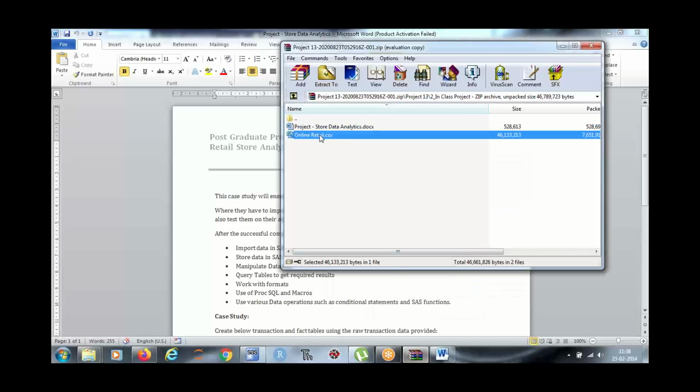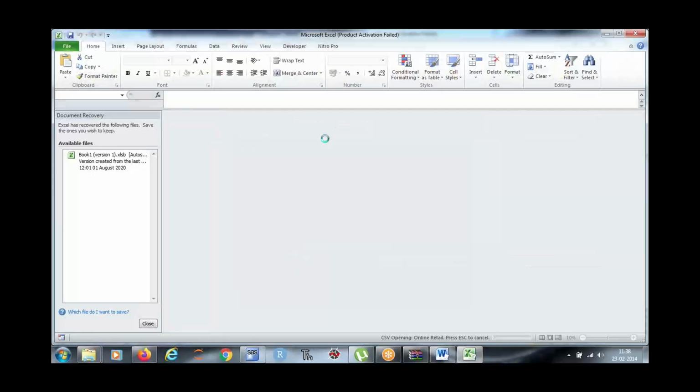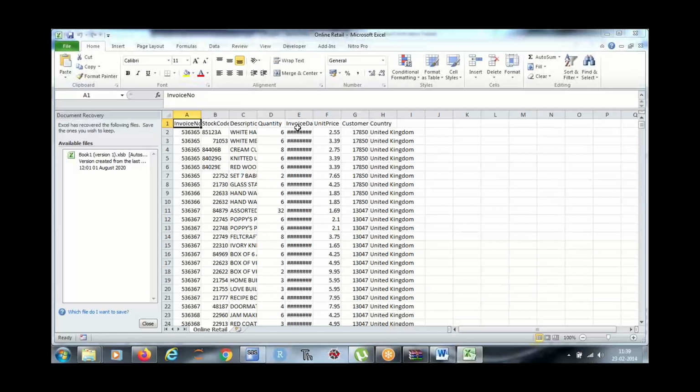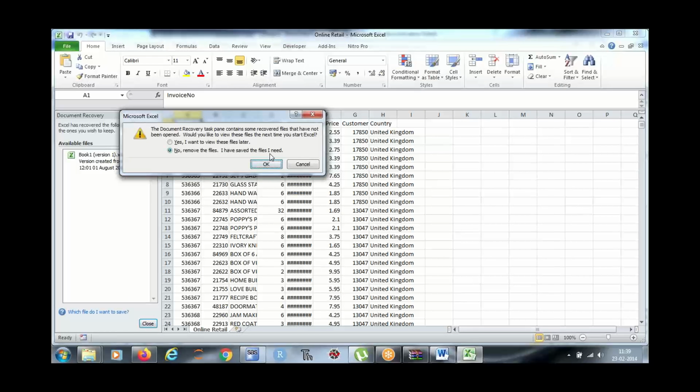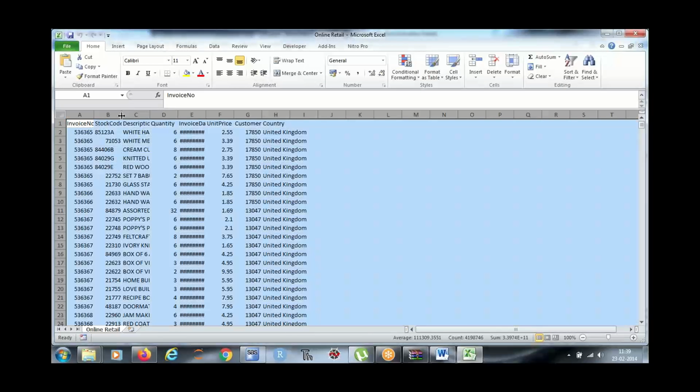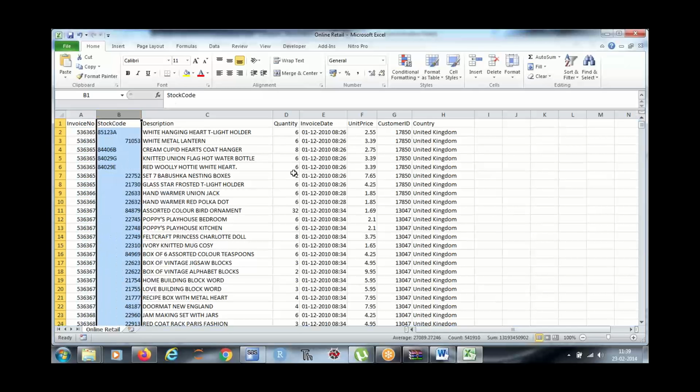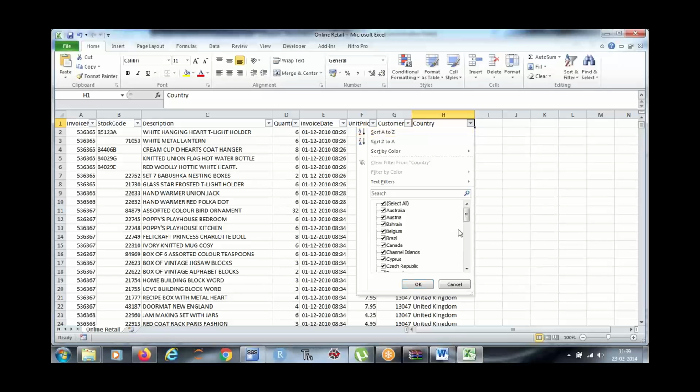The data has these fields: invoice, stock code, description, quantity, invoice date, unit price, customer ID, and country. So this is the data.